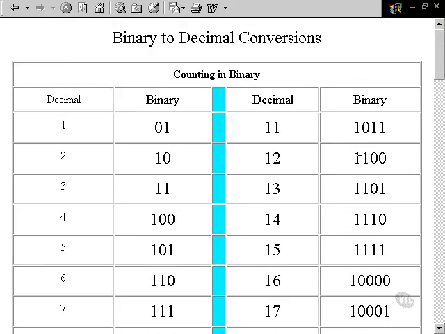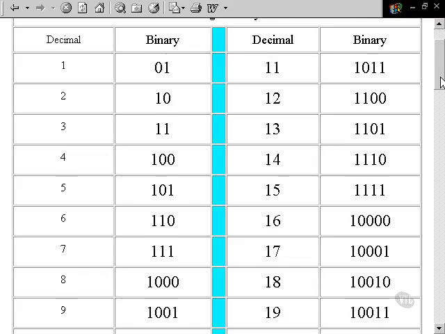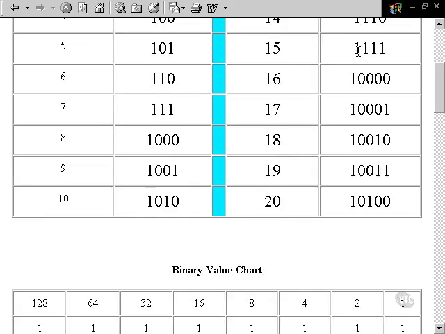1, 0, 1, 1. 12, 13, 14, 15. You can see this is all full, so the only thing we could do is add to the next level. That's 16. And we work on filling those in as we move up. So if we had to do some conversions between binary and decimal to understand what the computer is going through